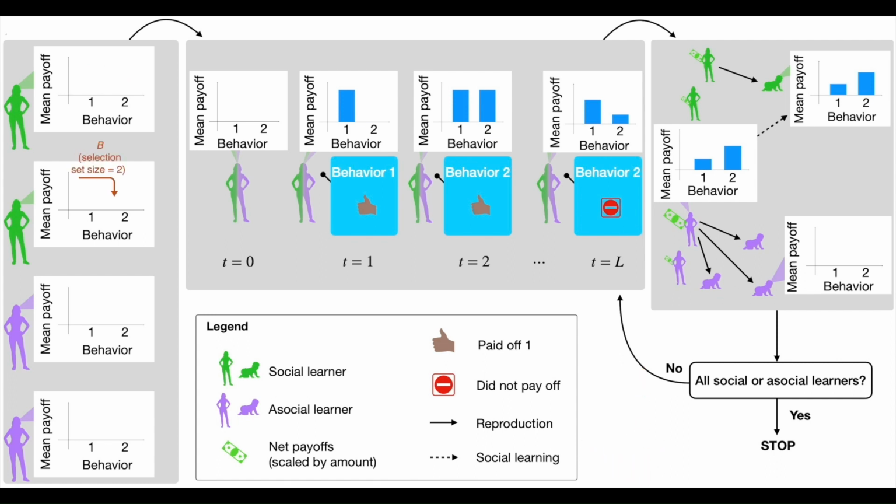The second form of uncertainty is the number of bandit arms, called the selection set size. The third form of uncertainty is the number of times agents can try different behaviors, called the effective lifespan. The fourth and final form is the difference between expected optimal and non-optimal payoffs, called the payoff ambiguity.